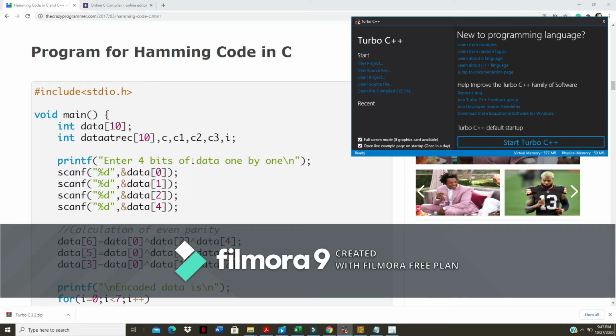So Hamming code is an error detection and error correction code, and using Hamming code you can detect a maximum of 2-bit errors, and it can correct a single bit error. Also, another thing you should know, we cannot use it for burst errors. Okay, it can detect 2-bit errors, and it can correct a single bit error.